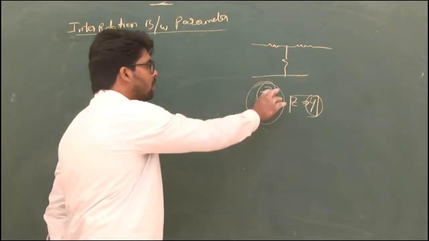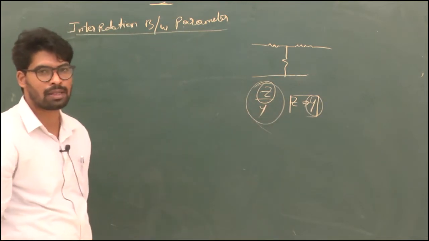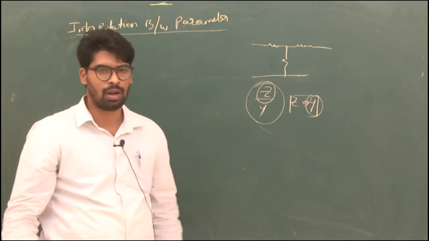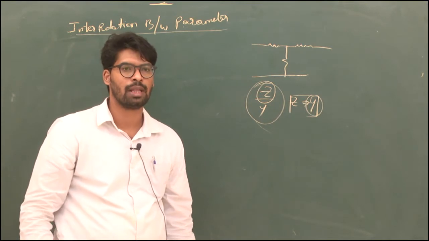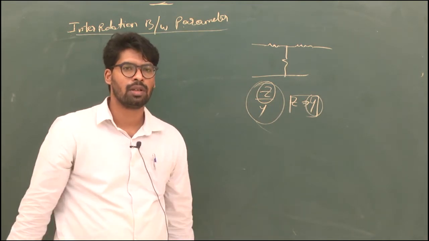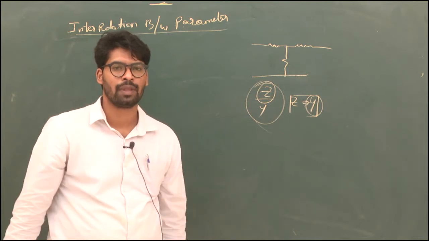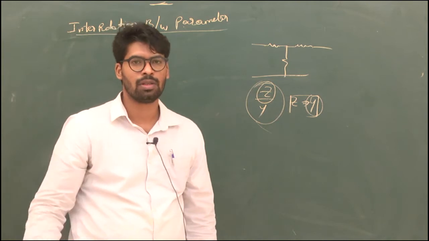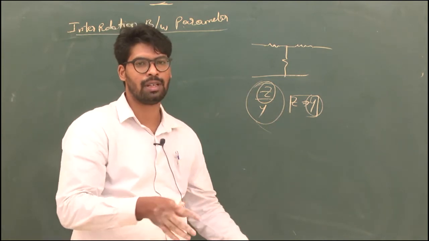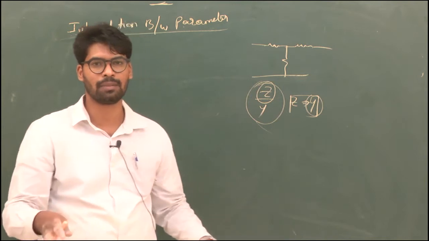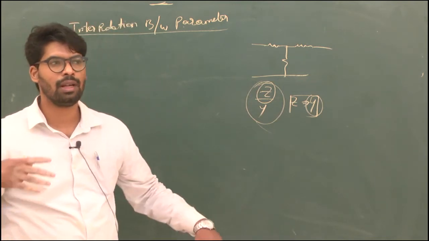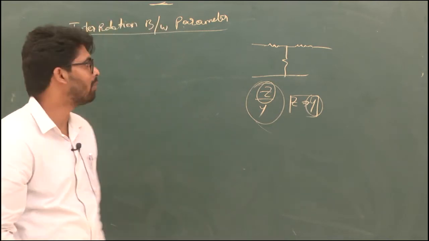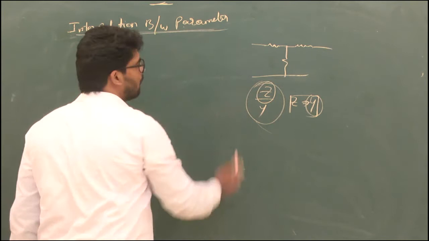For this small circuit, you can immediately do Z parameters and Y parameters. Imagine a big circuit, where many components like dependent sources, independent sources, many resistors and loads are acting. With all the cumbersome work, you find Z parameters, and then all of a sudden some error came and he needs the Y parameters of that circuit. So what will he do? He simply checks the interrelationship between Z parameters and Y parameters, and since he already knows the Z parameters, he gets the Y parameters. That is the usage of interrelationship between parameters.